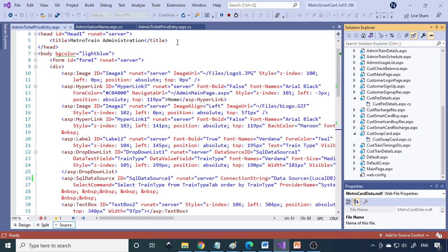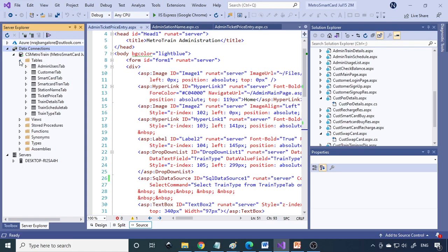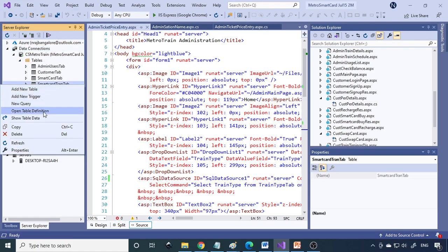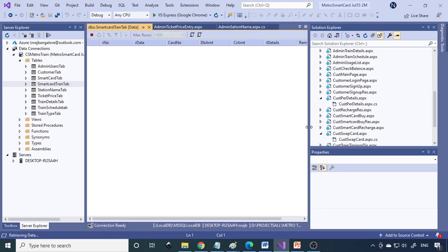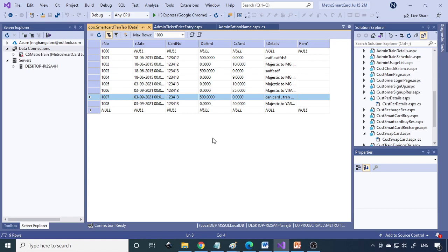So technically you need to understand all the concepts, like how to get the balance. In order to get the balance, the logic is that you need to manage proper data or a table. So here we have a smart transaction table. Both the deposit and withdraw will be stored in this table only. So here you can see that when you do the deposit, see this is the deposit, 500 rupees. That will come to debit amount. And when you travel, it comes to the credit amount. So the sum of debit amount and sum of credit amount for the particular card will give the balance. That's how you can find the balance for the particular customer.